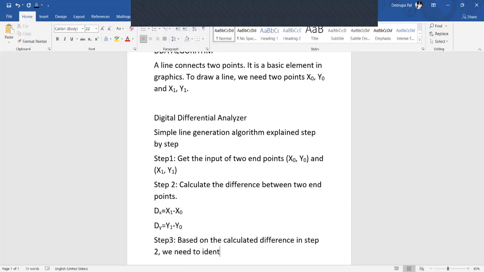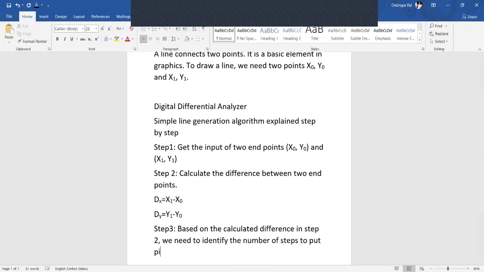to identify the number of steps to put pixel. To put pixel means what are the number of steps for lighting a pixel that is required. Now we will compare if dx is greater than dy, if dx is greater than dy, then more steps